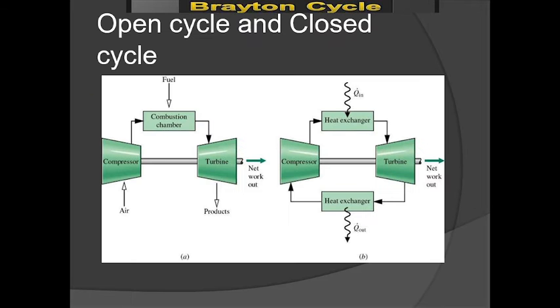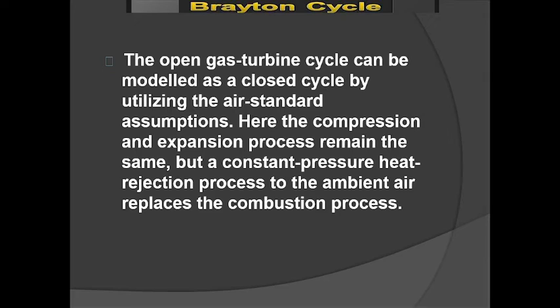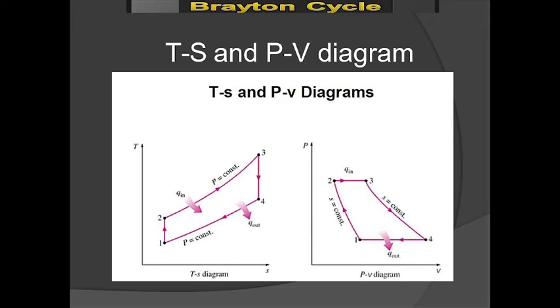So, open and closed Brayton cycles. On the right side, we have the closed Brayton cycle, and on the left side we have the open Brayton cycle. So the open gas turbine cycle can be modeled as a closed cycle by utilizing the air standard assumptions. Here, the compression and expansion processes remain the same, but a constant pressure heat rejection process to the ambient air replaces the combustion process. So here's the PV and TS diagram